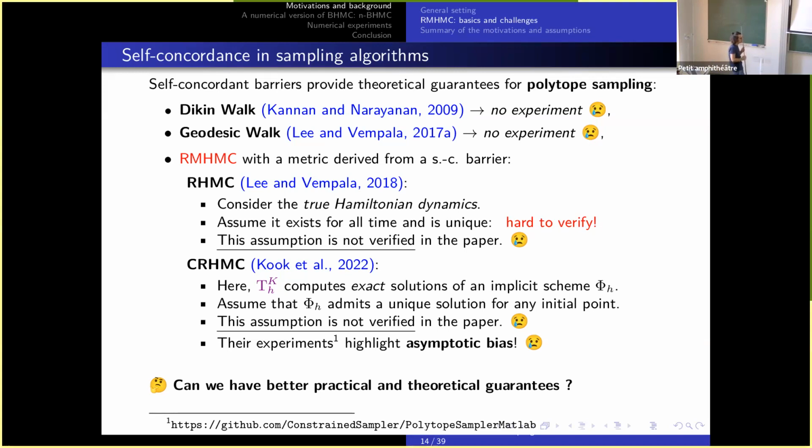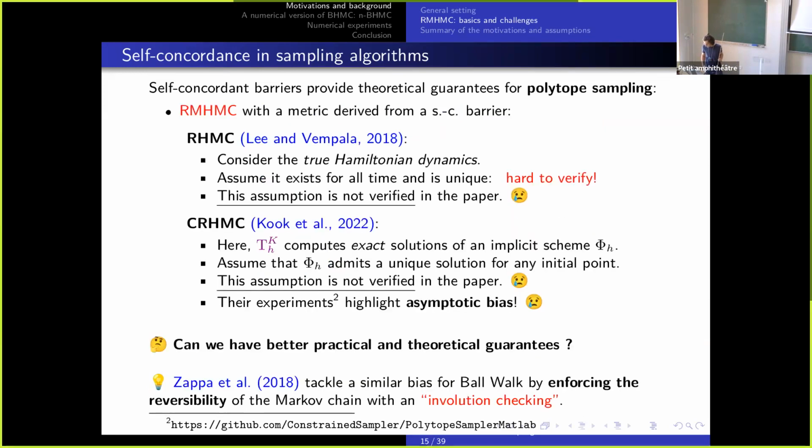Okay, and from this, it has been known that if you use such a method without any adjustments, you will end up with asymptotic bias. That's what we want to handle in this paper. For this, we'll take a look at numerical analysis, and numerical papers for MCMC in particular. We look at a paper by Zappa and co-authors, which handles this main problem, but in a simpler